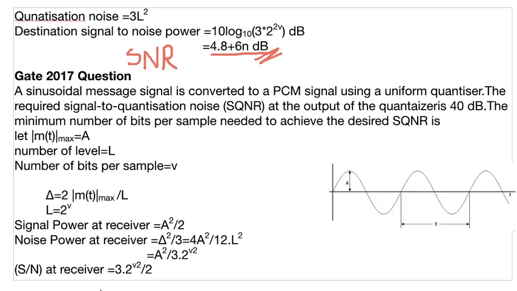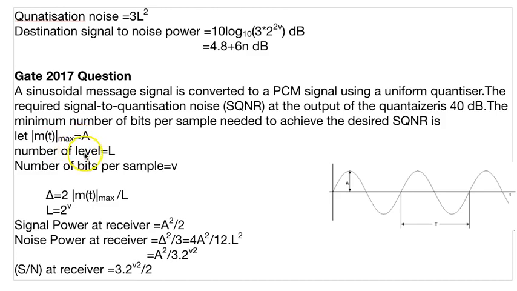Let's look at one 2017 question. A sinusoidal message signal is converted to a PCM signal using a uniform quantizer. The required signal to quantization noise ratio, SQNR, at the output of the quantizer is 40 dB. The minimum number of bits per sample needed to achieve the desired SQNR will be, so the maximum amplitude value